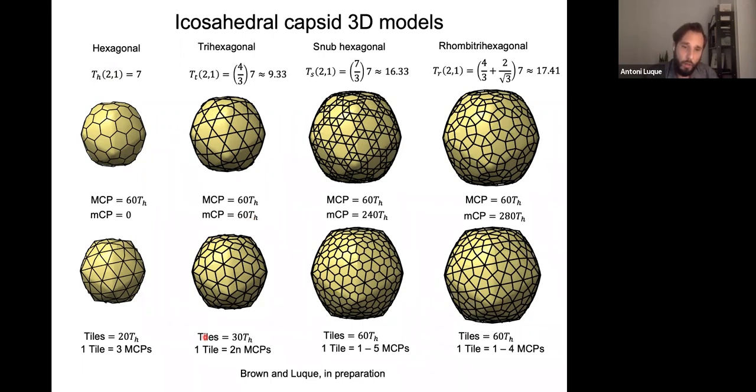In the dual version of the lattice, however, you have tiles. And these tiles now, they're rhombs. And in this case, you have 30 times T. This T is just the fundamental one. In this case, it's 7 all the time. And the number of proteins that you need to cover is 2 times N,